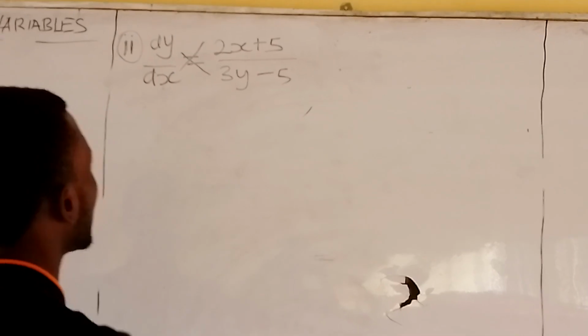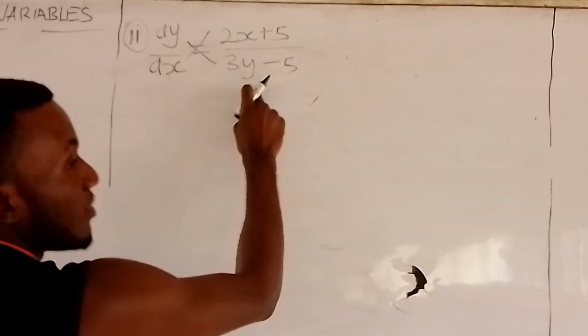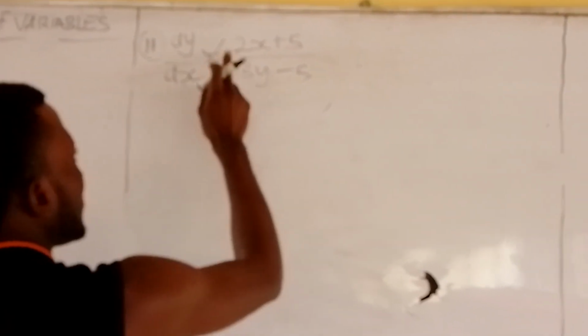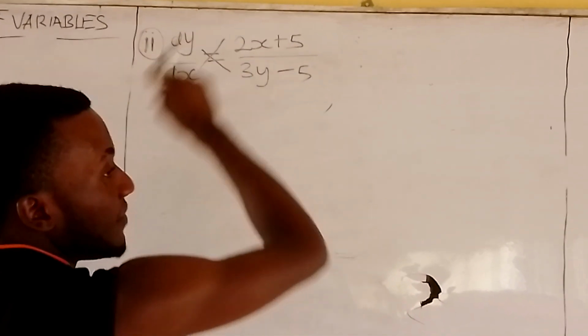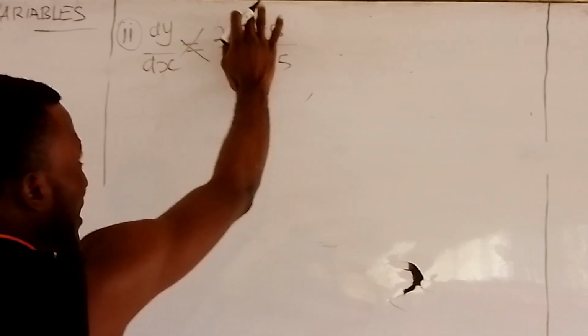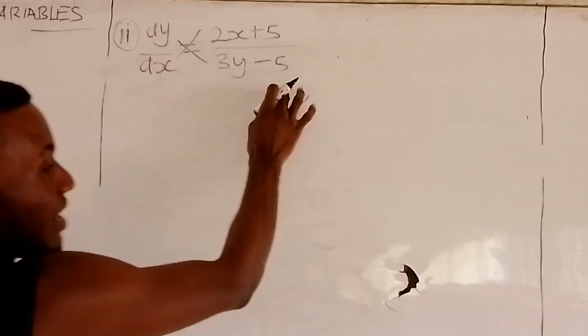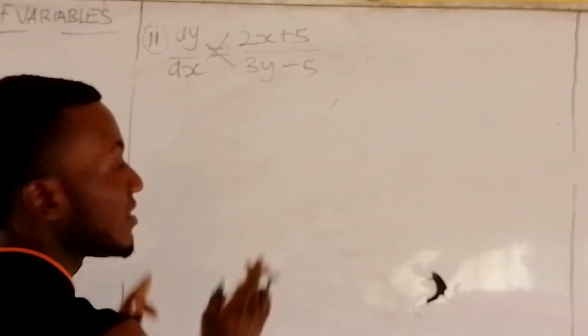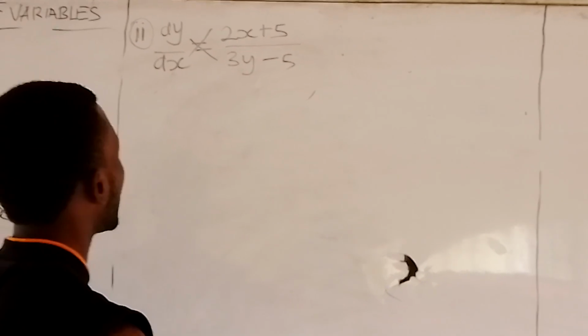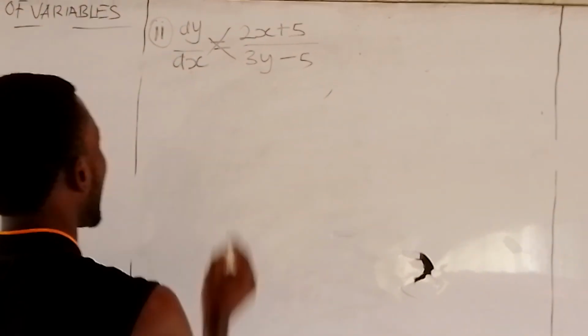I repeat, when you have dy and the y variable on opposite sides to the x variable, you can easily multiply so that dx meets with the x variable and dy meets with the y variable. You can simply solve that problem of separation of variables by cross multiplication. By cross multiplication, we have